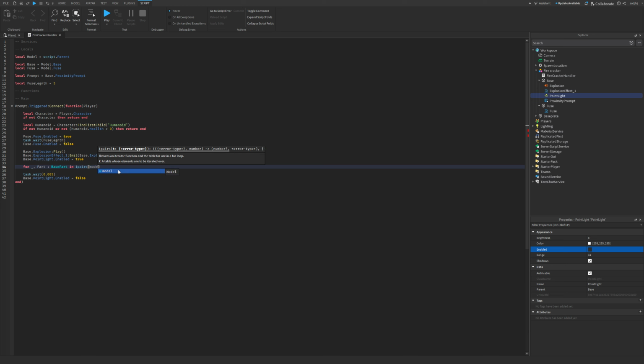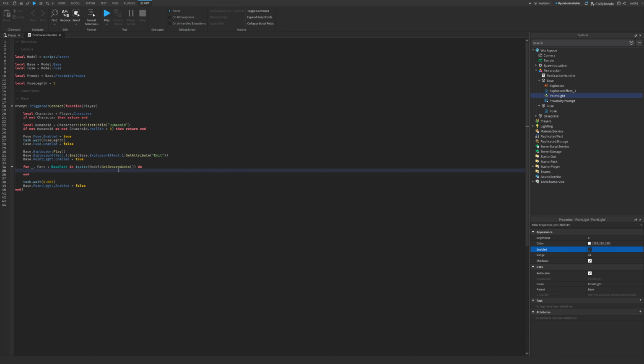So we're gonna do our model. We're gonna get descendants. Probably just get children, actually. Hold up. We're gonna get the children, guys. We're gonna get all the children. So model. Why is it not working? Why is the spelling thing not working? One second. See, I told you I need help with spelling. I don't know how to spell get children. Okay, so